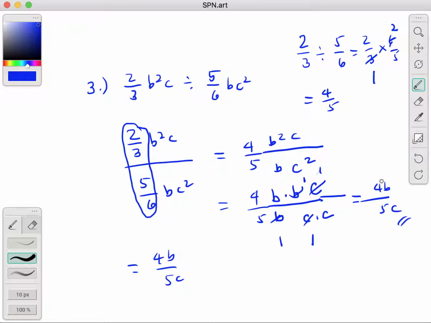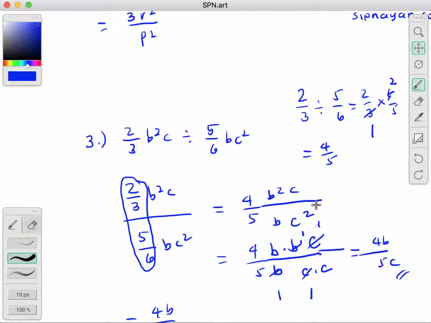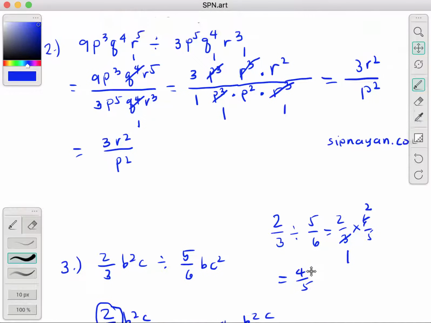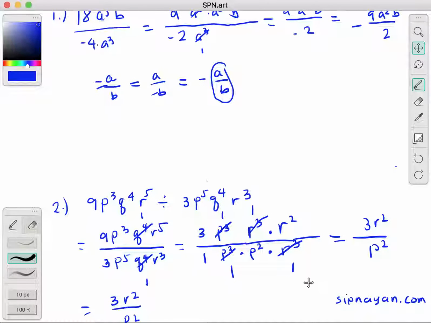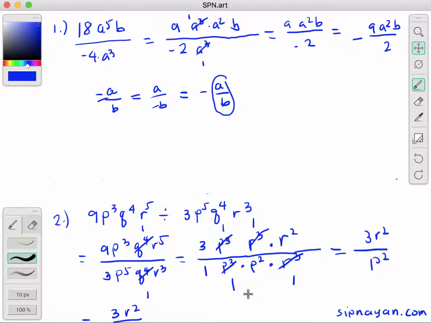Yun ay yun yung pinaka-basic sa division of polynomials. Ang susunod natin na i-discuss sa susunod na video ay ang division of binomials by monomials. And titignan natin kung pwede natin siyang i-expand to